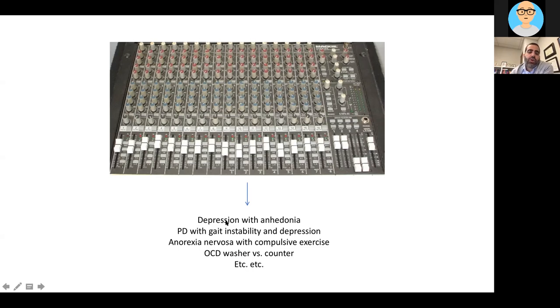Patients with depression sometimes have predominantly anhedonia or reward circuit dysfunction, so maybe you want to target just the reward circuitry. Patients with Parkinson's disease, some of them may have psychiatric comorbidities, or some of them may have predominantly gait abnormalities. So you may want to tailor a treatment for that specific condition. That kind of model really appeals to many of us who want to tailor and personalize the treatments